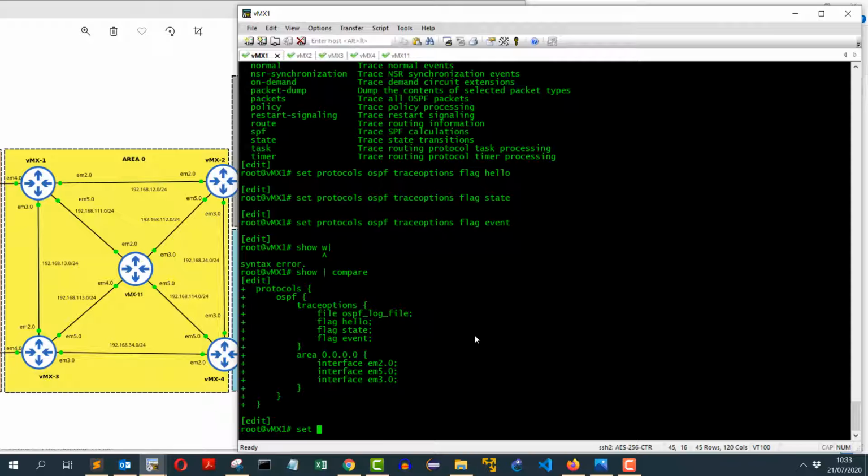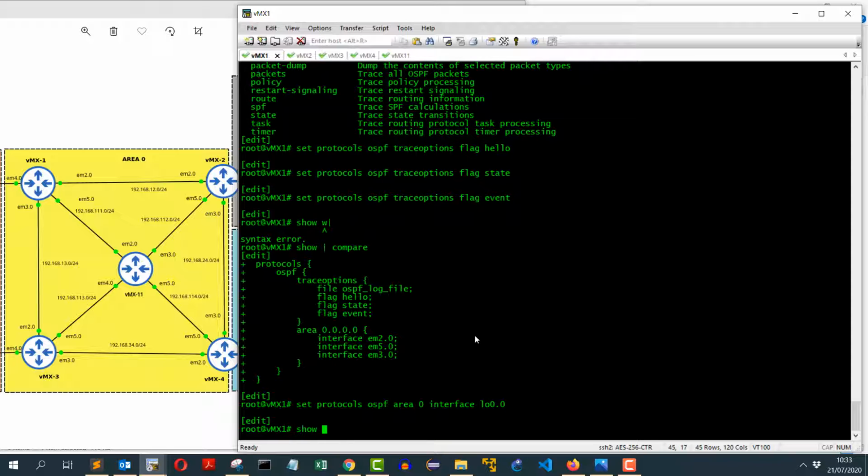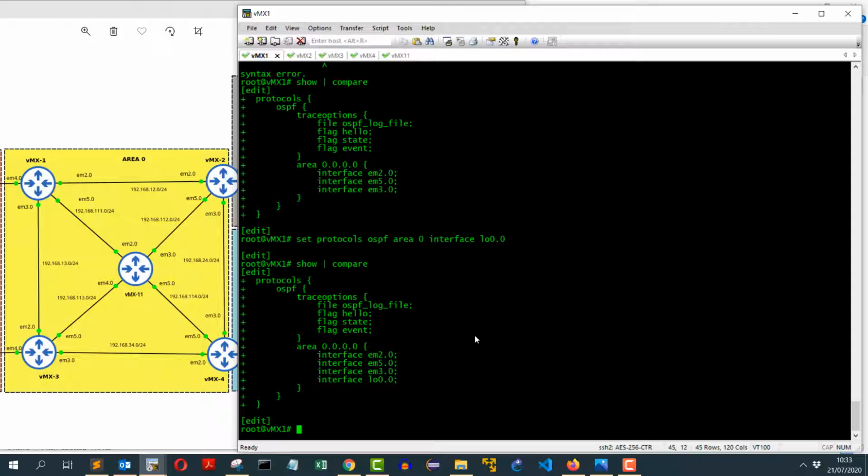Another way to configure OSPF is without going into the OSPF hierarchy. I can just do set protocols OSPF area 0 interface and the loopback. That should do as well. When I had more than one interface to configure, I decided to go into the OSPF area 0 hierarchy, and then I added the interfaces that I needed.